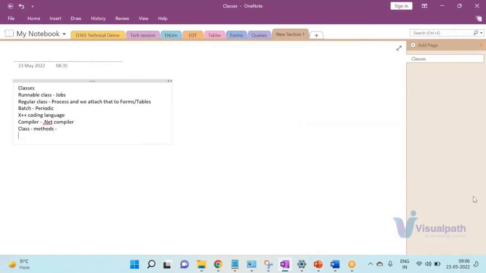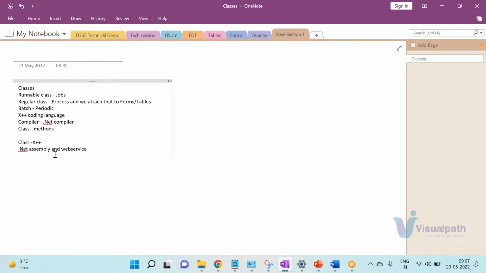Let's assume I have written a class in X++, and you have a .NET assembly, and you have built a web service on that. So what I can do, as I said, is create and call that web service through my X++ code